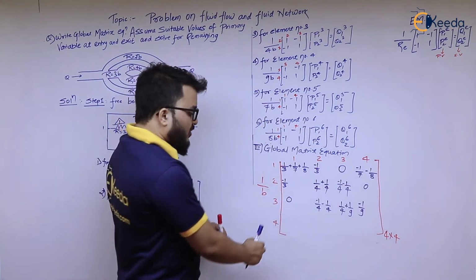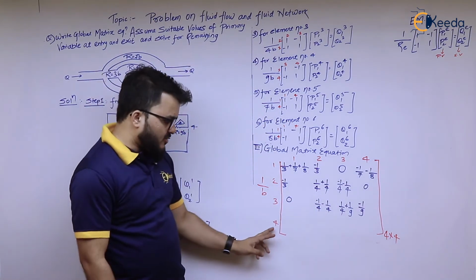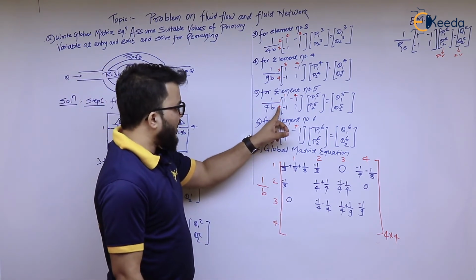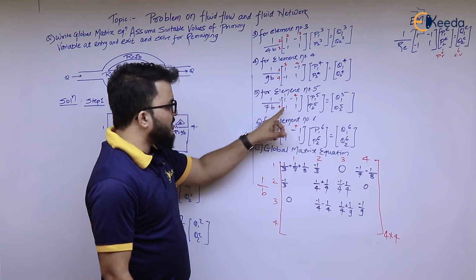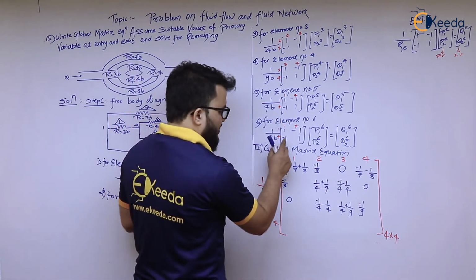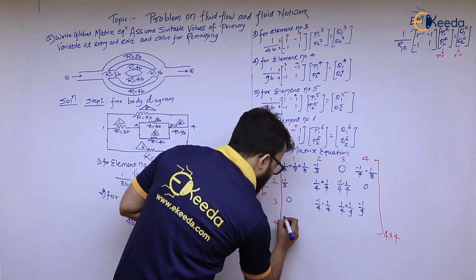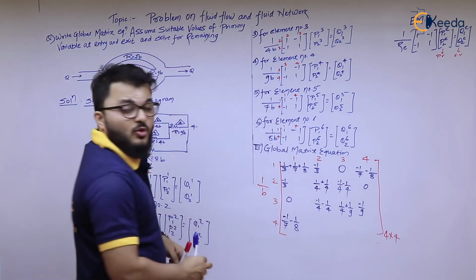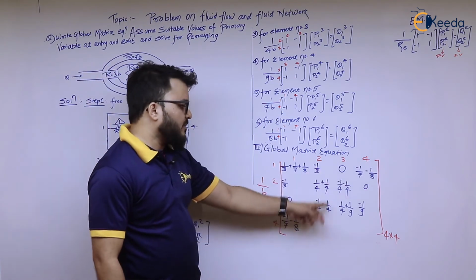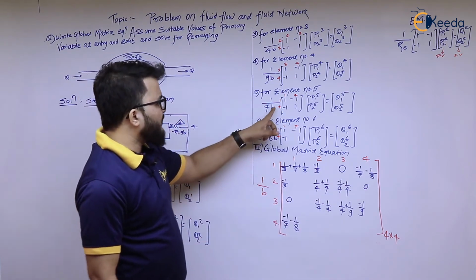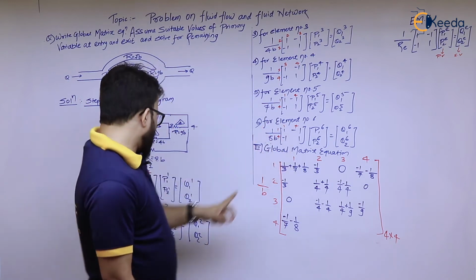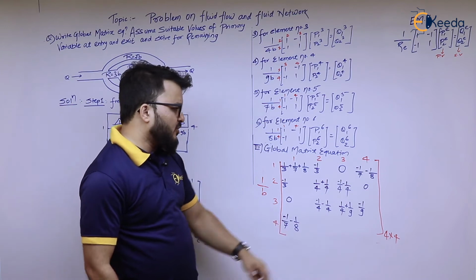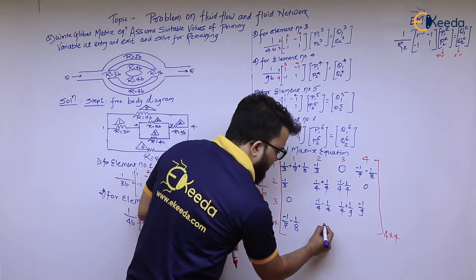So now we will start for row number 4. Row number 4 and column number 1 becomes minus 1 by 7. Similarly this is minus 1 by 8. So minus 1 by 7 minus 1 by 8. Next is row number 4, column number 2. If I look at all these elements, I will not get row number 4 and column number 2, so this is again a 0.